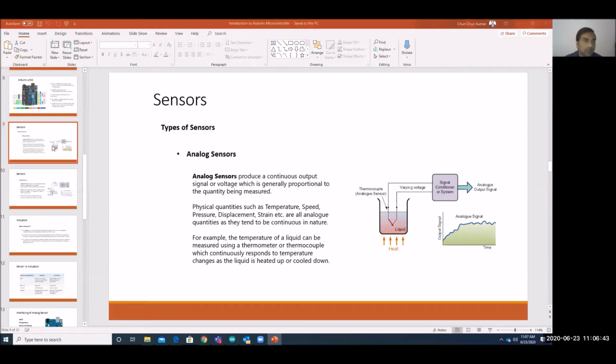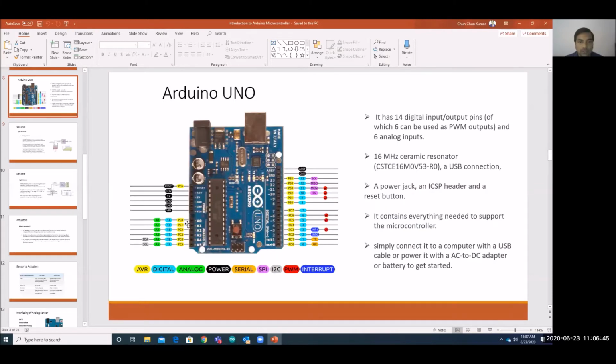So output pin you can connect to the analog pin of the Arduino. As explained here, in the Arduino, you can connect to any of the pins, A0, A1, A2, A3, A4. Any of the pins, you can connect the output of the pot, or any analog sensor output, to these pins. Okay. And in the program, we will be reading this pin value. So whatever data comes from the sensor, we will read from here. Okay. So to read that, we need to write a program. Okay. So we'll explain about the Arduino IDE also.